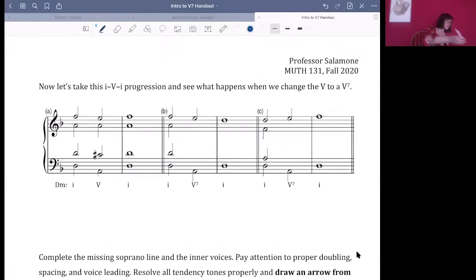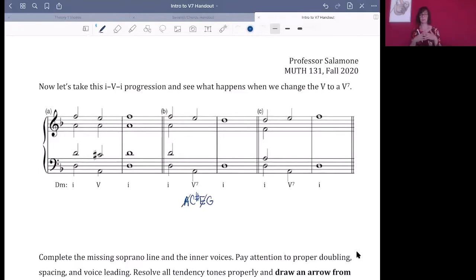So let's take a look at letter B here. You have a fully spelled out and fully complete tonic triad to start. And then we have a 5-7. I'm going to just sketch out the 4 pitch names for the 5-7 so we can keep track. We've got 5. We need to raise our scale degree 7. And 2 and 4. Now, we already have the root in the bass, and we have the 5th in the